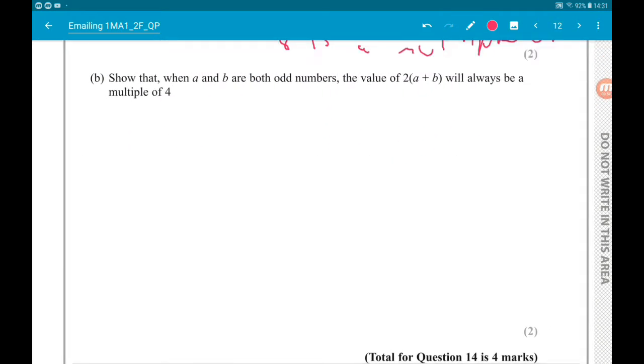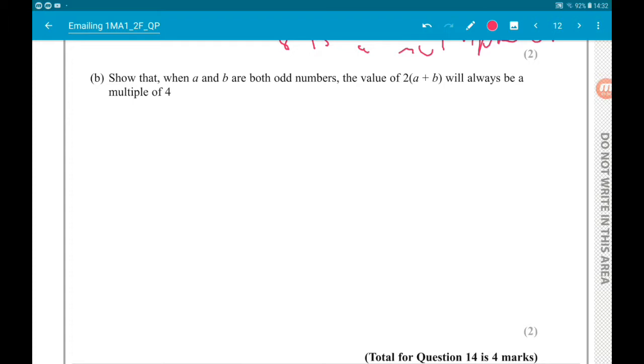Okay, then for part B, we want to show that when A and B are both odd numbers, the value of two lots of A and B will always be a multiple of 4. Okay, so that is quite a tricky one to put in a foundation paper, but